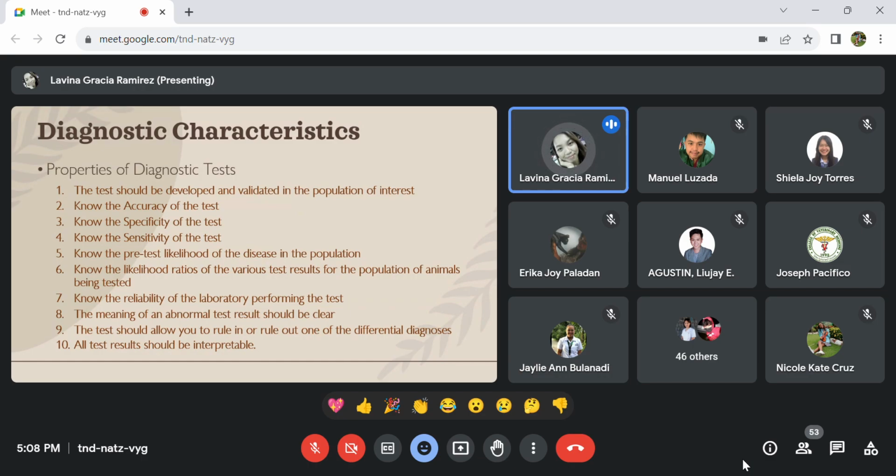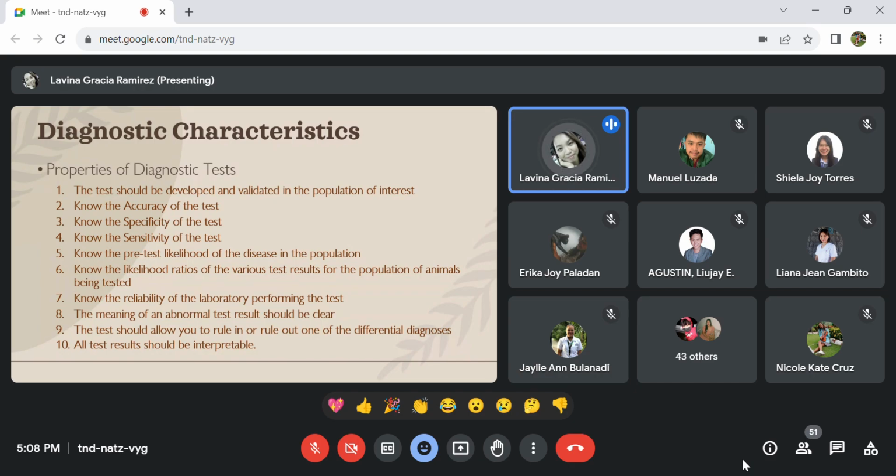Okay, also, in the properties of diagnostic test, you may be able to know the meaning of abnormal test result. Okay, so kaya nga meron kang rerunning, okay, of the test or confirming that test. Kasi you know how to depict whether it is abnormal or not. So you should know the possible factors affecting the test. That's why in the presentation a while ago, the proposal, I asked whether ano yung possible conditions that could affect the reliability, okay, of testing that particular sample.